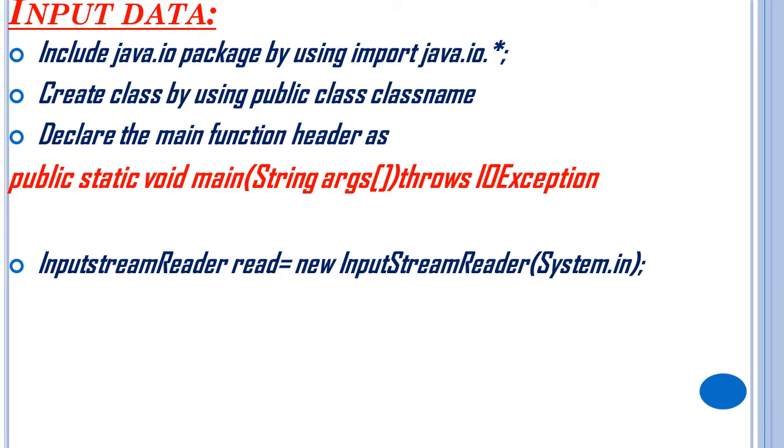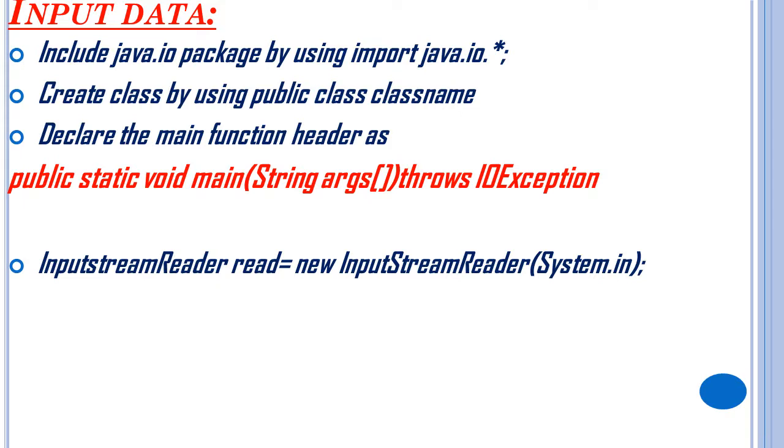The main program part will appear from there, right? Next, after the flower bracket, you need to write: InputStreamReader read = new InputStreamReader(System.in). I needs to be capital for Input, S needs to be capital for Stream, R needs to be capital for Reader. For read, small letters only. Equals new, again InputStreamReader with I, S and R capital, and in the bracket System.in, S needs to be capital.